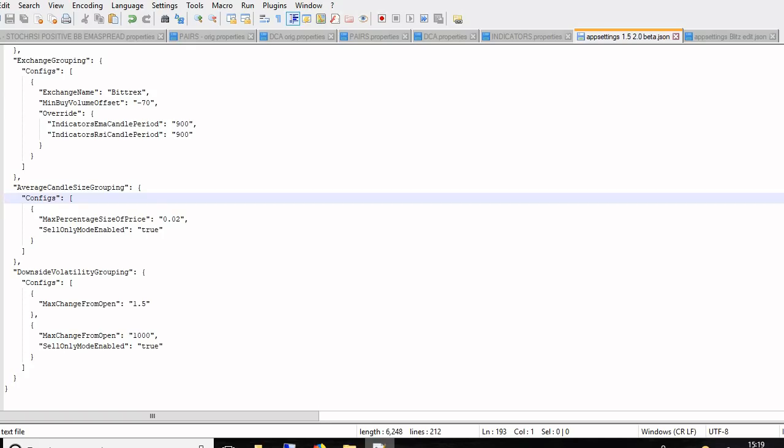Candle size grouping. So then there's lots of other groupings, which is probably better off just going on the wiki to explain them, and I probably will refresh the wiki a little bit anyway. But it's the same kind of idea. So it's saying I'm looking at the average candle size for this coin. In this particular case, I'm saying that if the candle doesn't move more than 0.2%, then I don't actually want to get involved in that coin because there's not enough volatility there for me to make trades. So that's what the idea there was. Ideally, you want large candles, because that means that there's